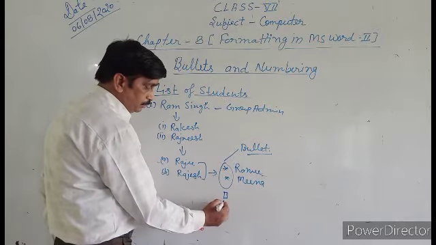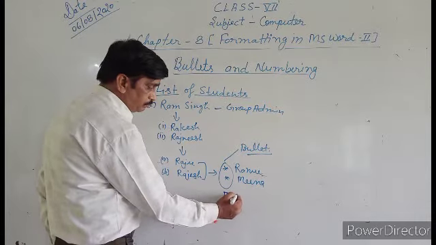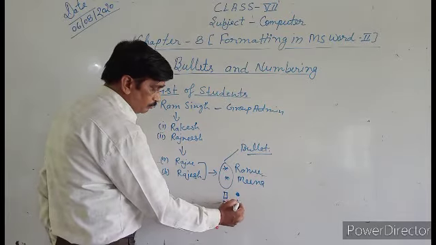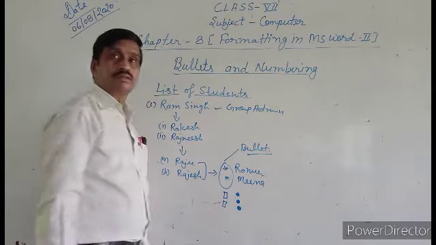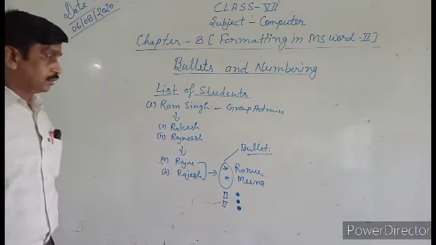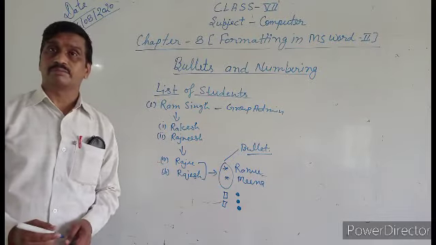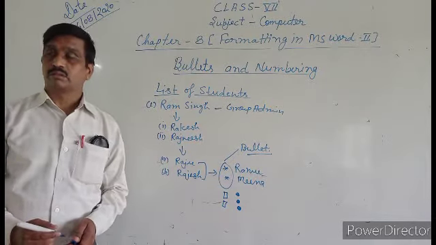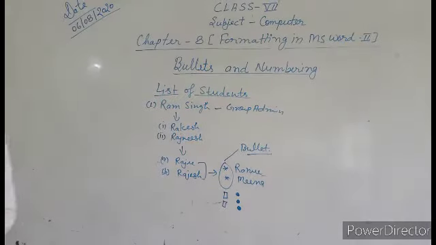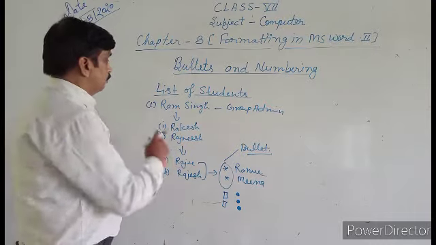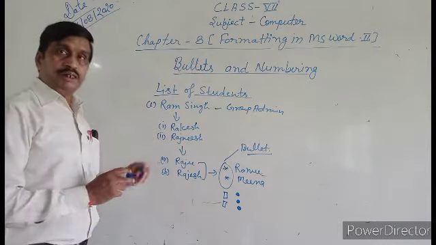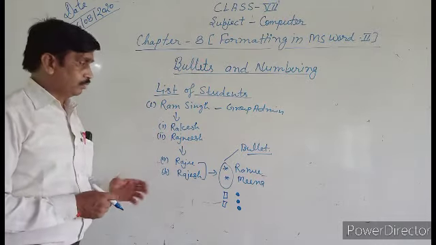Different types of bullets are used. This is called the bullets. This type of symbol is used as the bullets. And in numbering, you can change any bullet list and symbols.